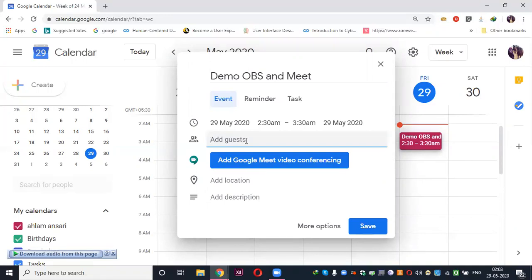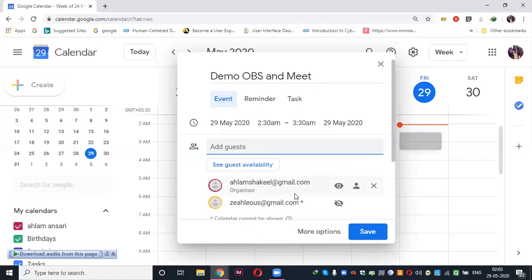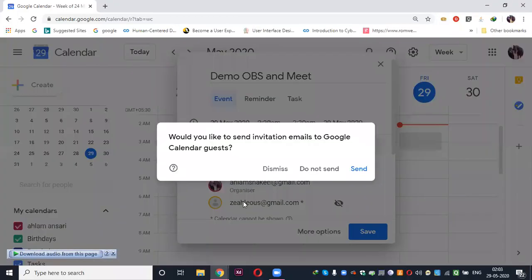And then when you accept them, they'll be entering the meeting. So if I add somebody, suppose for example, this particular guest is added, and when I save it, it is going to give me a pop-up asking would you like to send invitation emails to the guest.